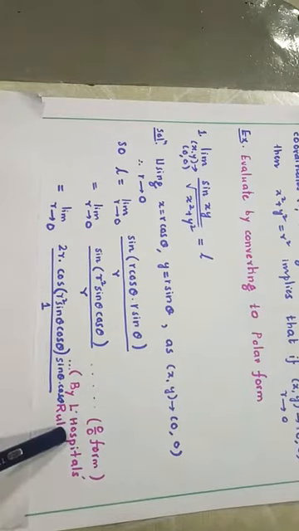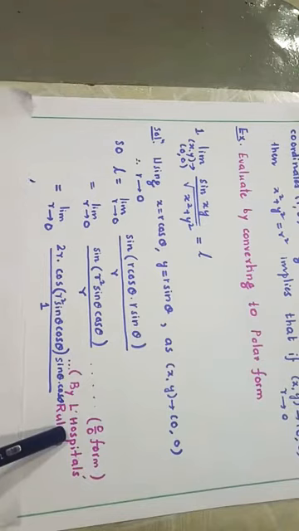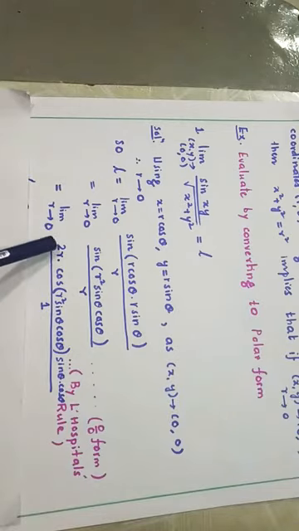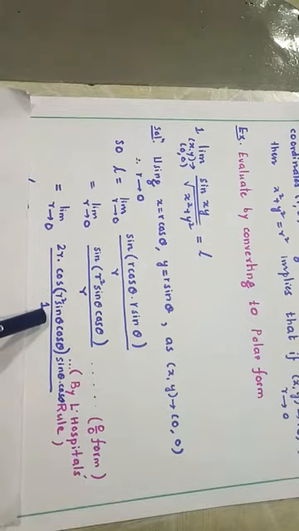Okay, so using L'Hopital's rule we got this, but here the denominator is not 0, it is constant. We have only the numerator, so we can take the limit as r tends to 0. This is 2 into 0, and all the non-zero terms will become 0. That's why the limit L is 0.